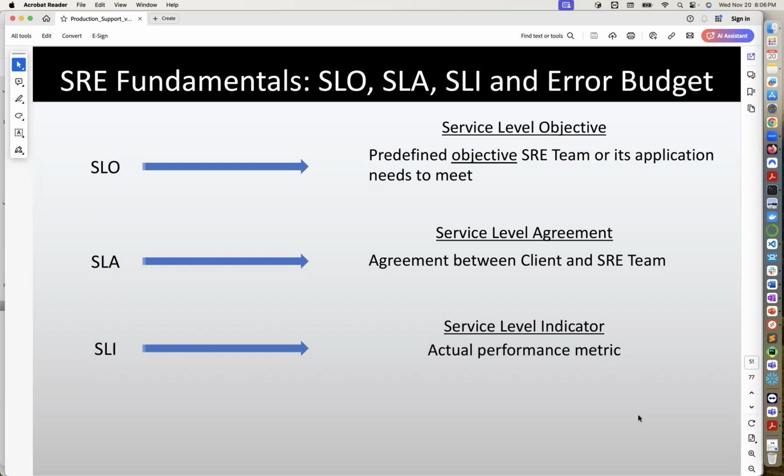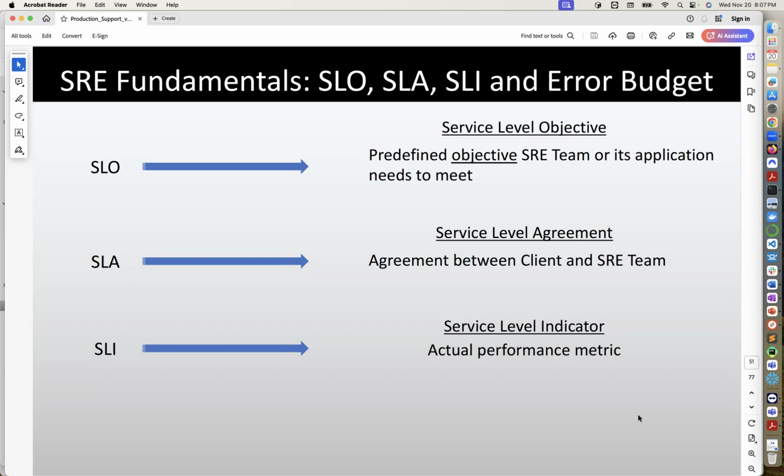Okay, I have a question. From the way I understand it, the SLO objective is to better serve your client. For example, if the agreement between you and the client is 99.5%, and the SRE team says, okay, the client needs 99.5%, we try to do something better than that to not be too close to what the